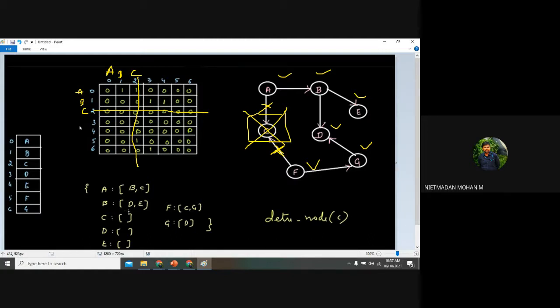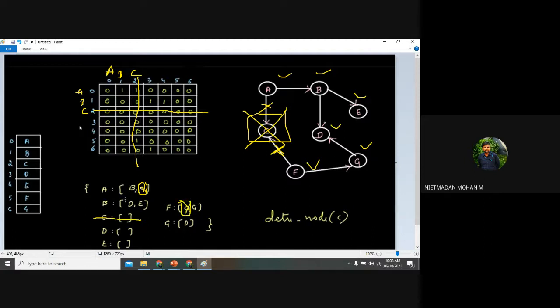Clear? So here what will happen? The C will be deleted in the list, right? What modification will happen? A and F connection. A will have only B. So this C will be deleted. After deleting this, all the elements of C will be deleted, and in this F keyword, this C will be deleted.